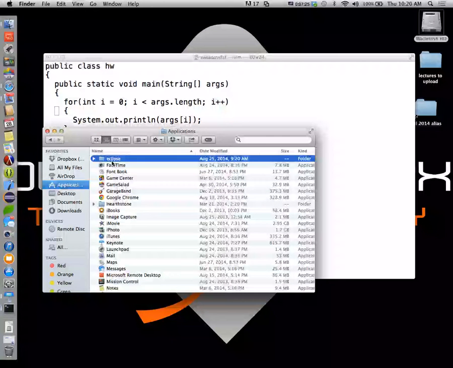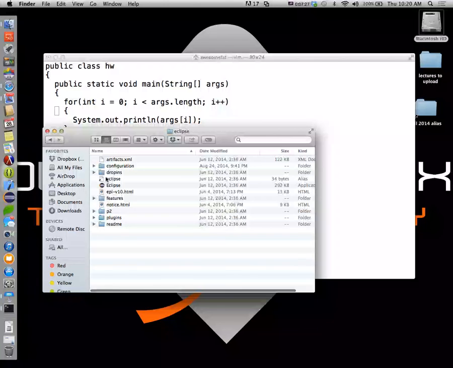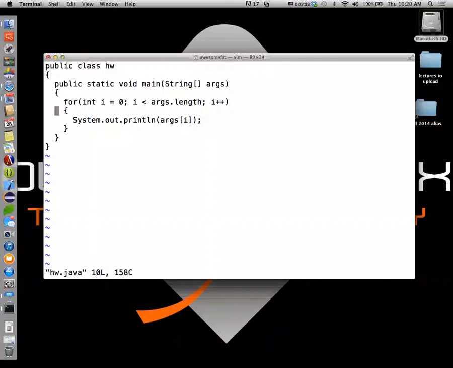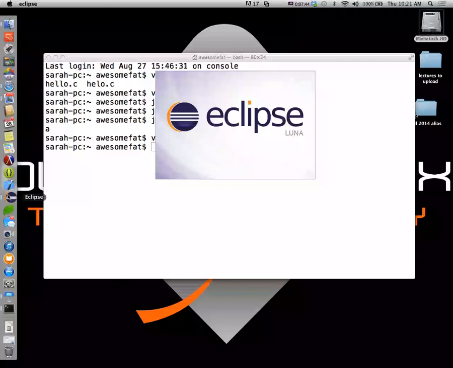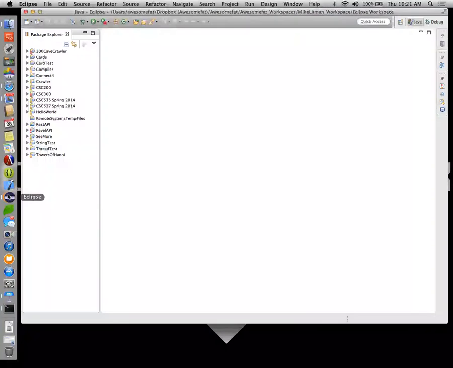So here's the Eclipse folder. Looks like this. Here's your icon. I typically drag it out to my quick bar here, but you can do whatever you want. You can run it just out of the folder. It doesn't matter. All right. So I'm going to go ahead and open up Eclipse. And if you happen to already have Eclipse installed on your machine, it's an older version, it's really not the end of the world. You can download the newest one, but it's still going to work for anything we're going to do. Okay, so Eclipse is going to open.